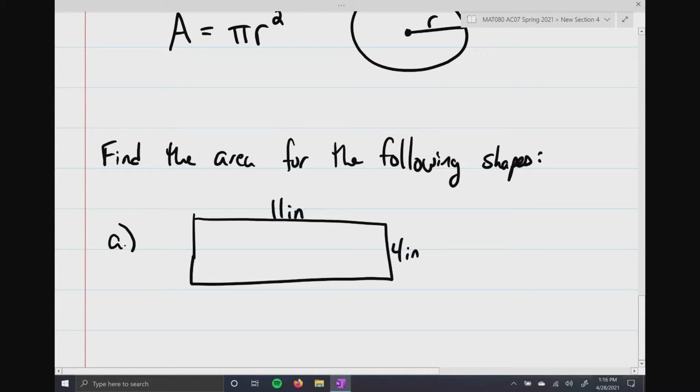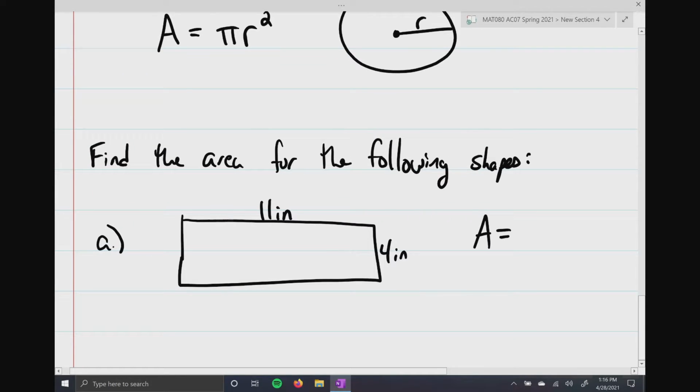All right, so there you go. We should be able to do this one in our head. So what's the area equal? What do you think? Area equals 44 inches. I disagree. 44 inches squared. There you go. 44 inches squared, or